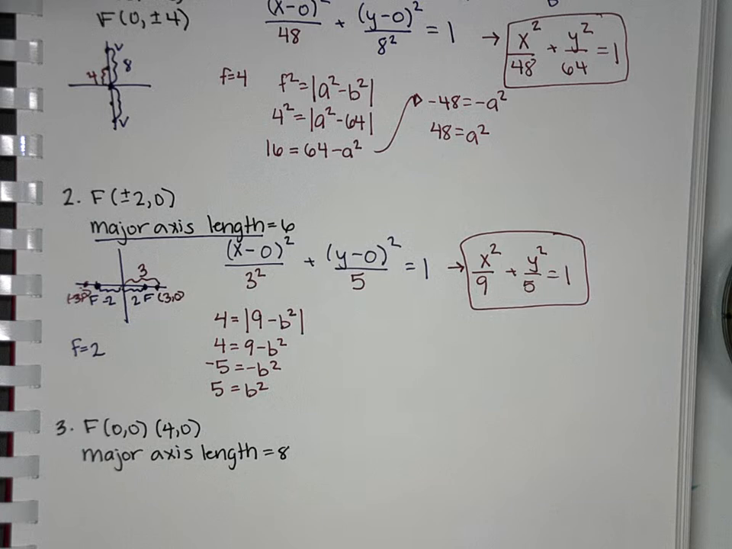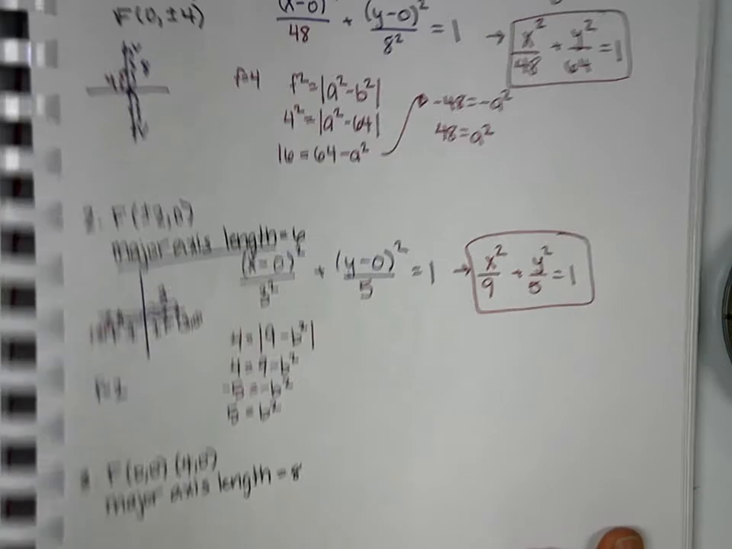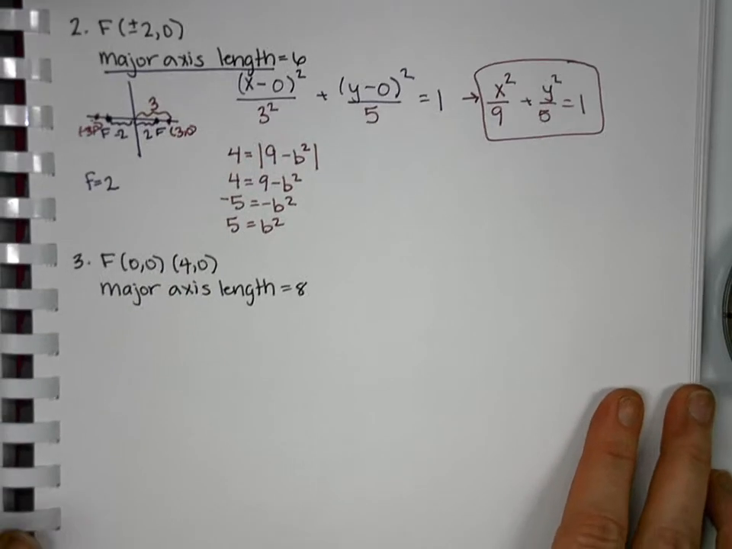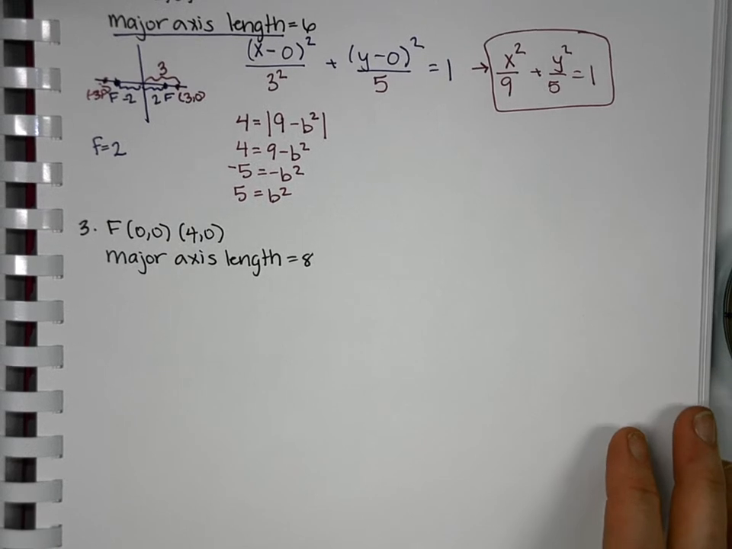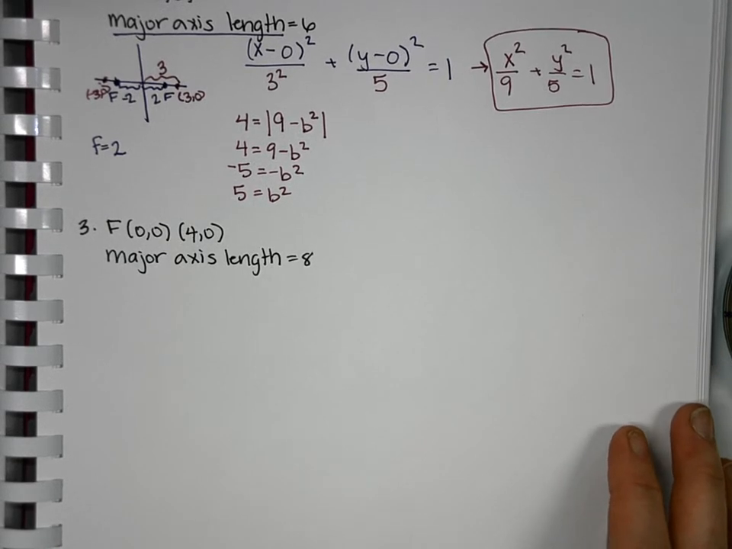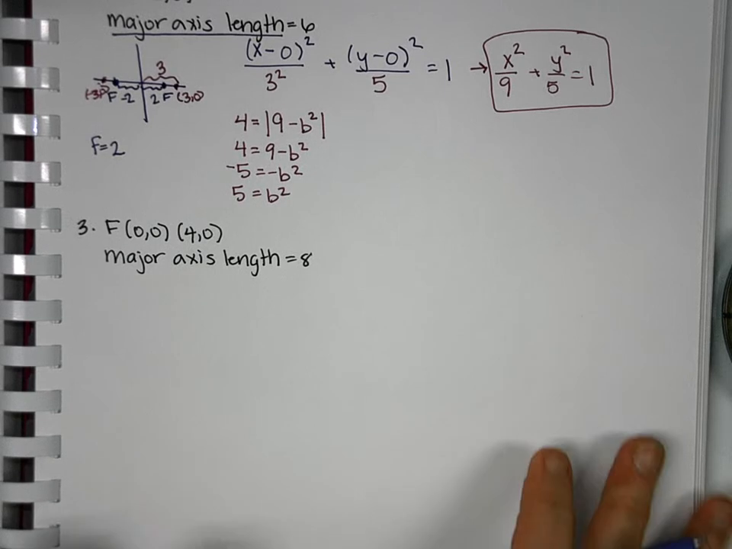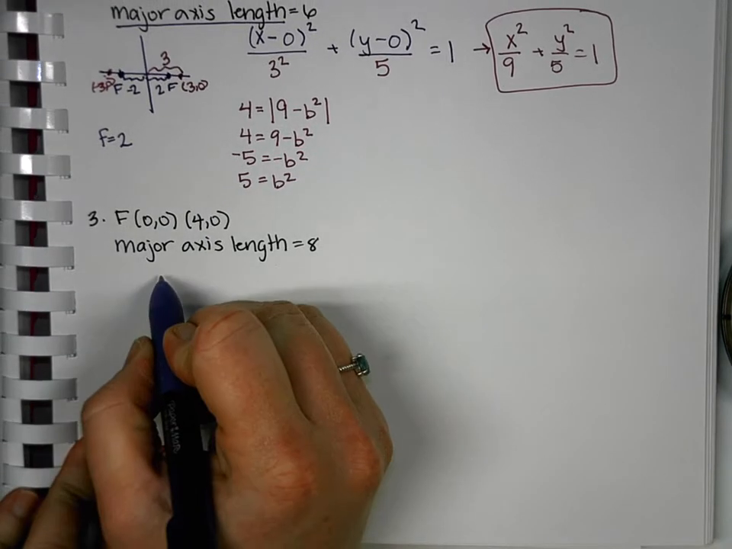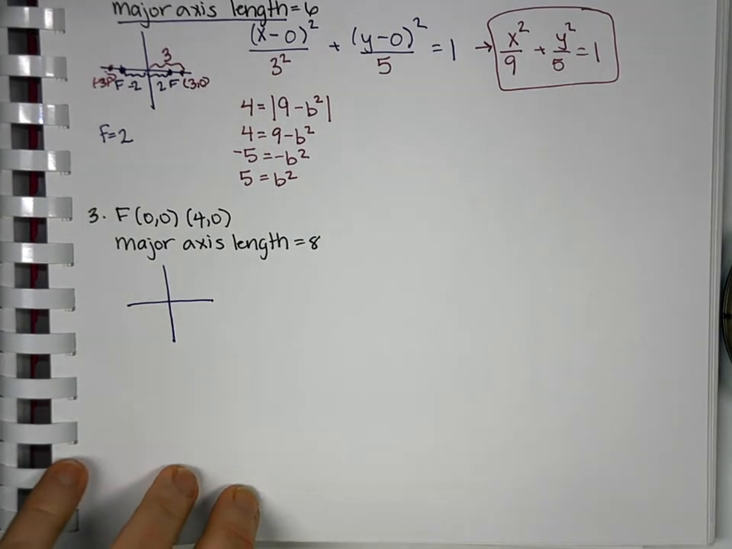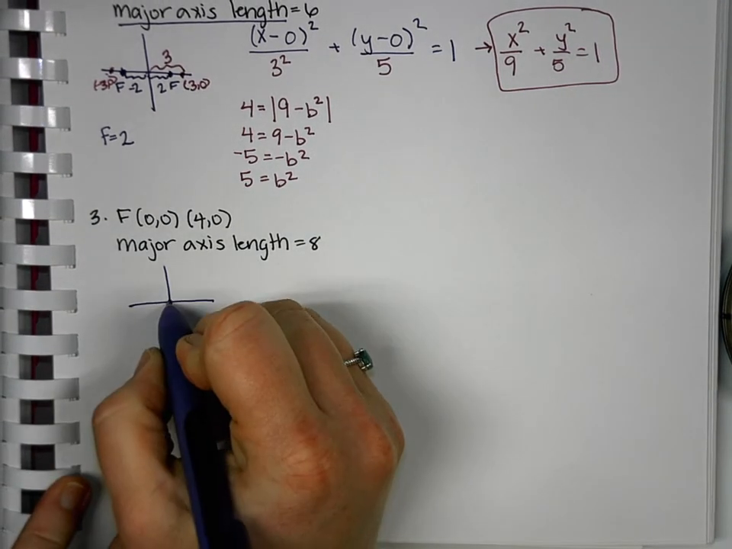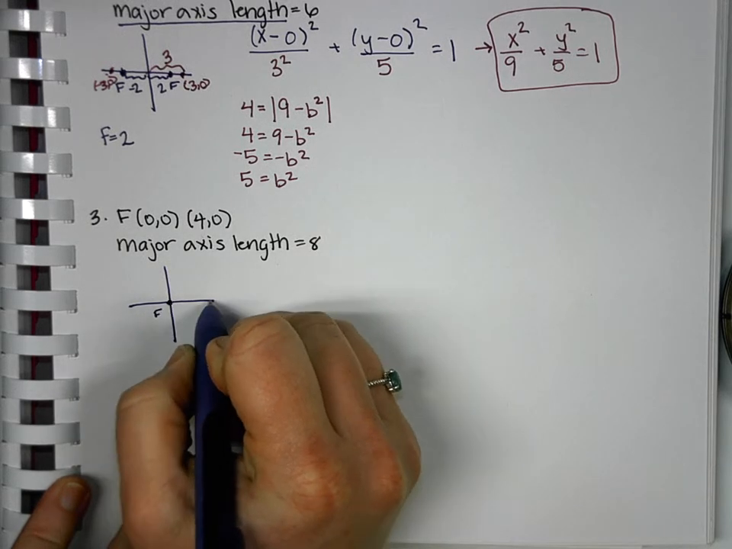Okay, so these first two were around (0, 0), so it made our equations a little bit nicer to find. But what happens when we move our center off of (0, 0)? That's what our last example here is going to be about. We're given the same type of information as number 2. The difference is it's not around (0, 0). I'm going to start the same way though. I'm going to do a little sketch to see what I have and where it is in relation to each other. So we have (0, 0) for one focus and (4, 0)